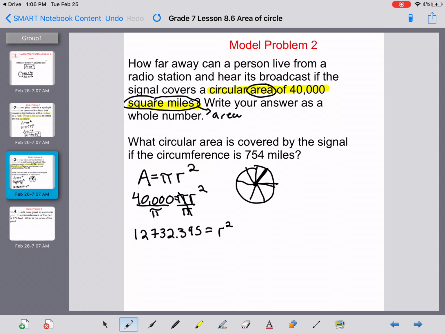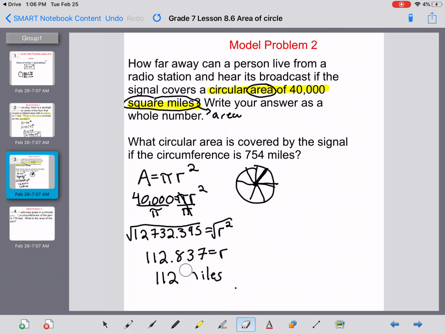Now that's not the full number. The full number I kept in my calculator. To get rid of this squared, I have to take the square root of both sides. When I take the square root of that number, I get 112.837 equals the radius. Now the problem said to write your answer as a whole number. So I'm going to round this answer to 112